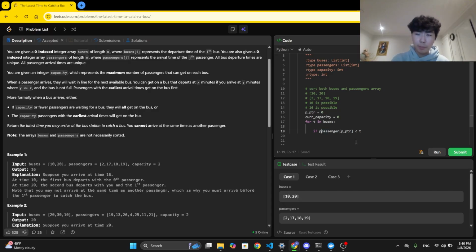Oh, and also we got to make sure p pointer is less than the length of the passengers array to ensure we don't go out of bounds, right? So this condition must always be true. And we're also checking to see if this passenger's arrival time, which is 2, is less than or equal to t. If so,